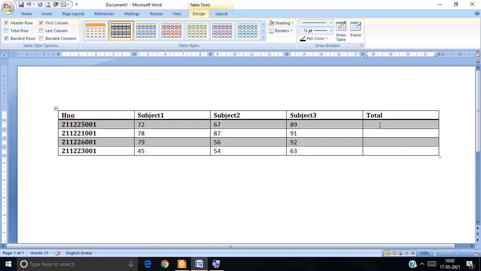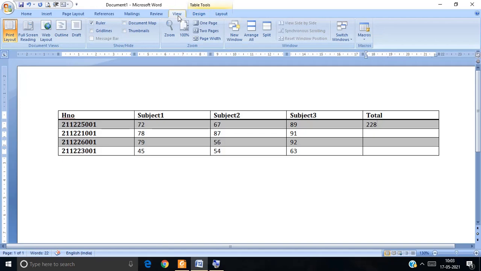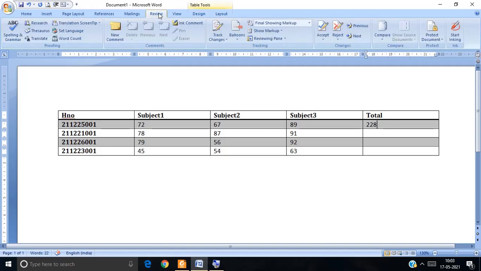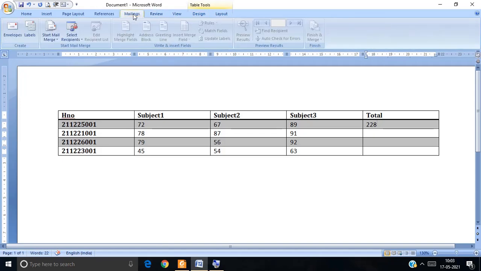If you want to calculate yourself, it is possible also, or if you want to calculate with the help of computer, we will get the value as 228. So this 228 will be calculated with the help of different options which are already present in our MS Word document.